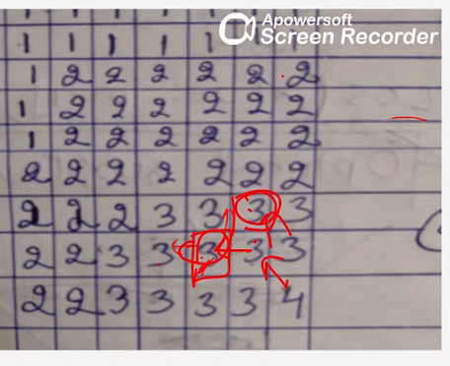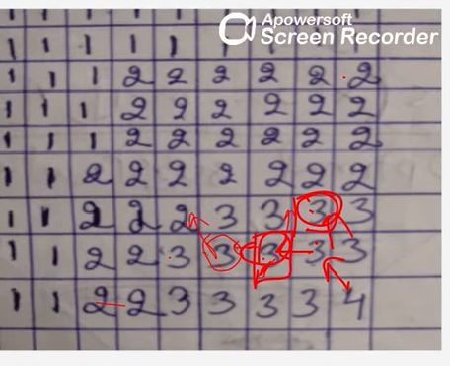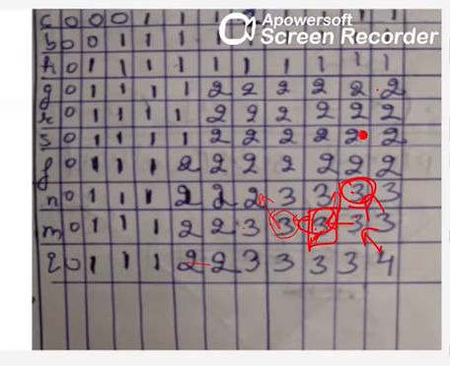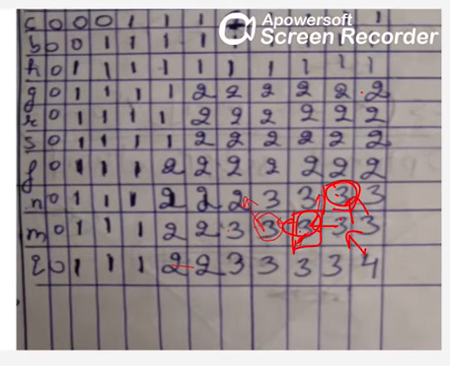Correct? Now from here, if I go to this 3, this 3 has up also 3, left also 3, but the diagonal is 2. So this is coming out to be one case, where I have to write it. So with q I'll have m, because this is the decrement happening. So I'll write the value of m.